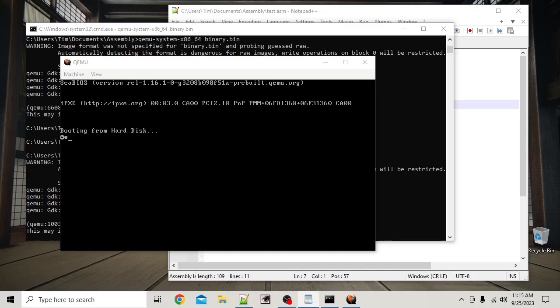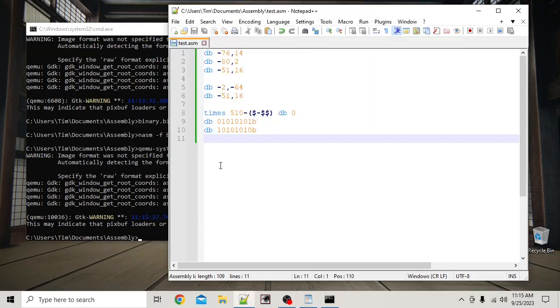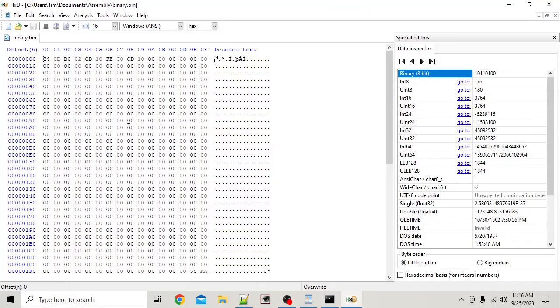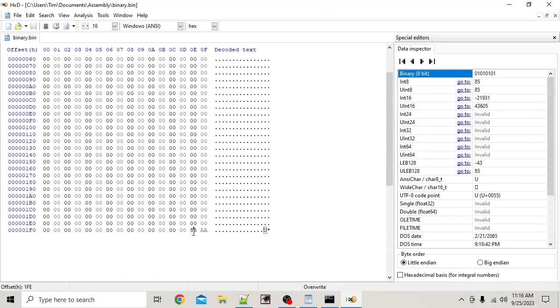Okay. So I just want to play around a little bit more. There's your bootloader. It's working. Everybody's happy. The computer's happy. Next, here I've written some binary numbers in here, just to be cute, I guess. Let's look at that real quick in our hex editor. Here it is expressed in hexadecimal. This is the value I put in,